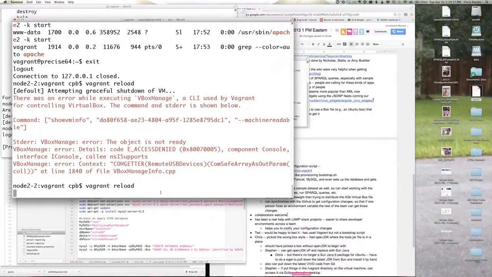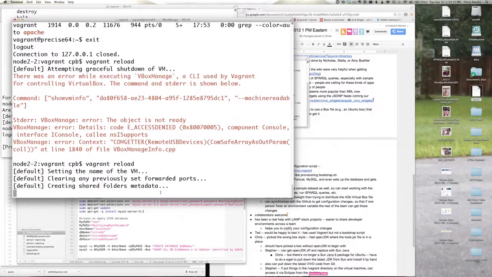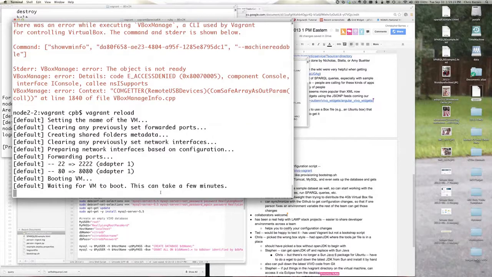Normally it works. So what it does is it attempts to reload the config file without having to re-download the box file or re-download anything. And by the way, it caches the box file, so you only have to download it from the internet once.